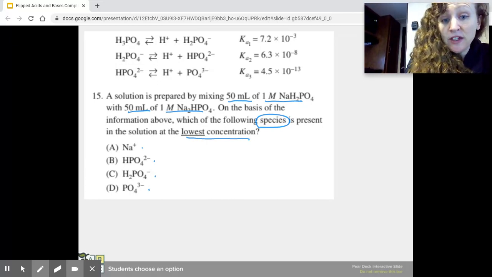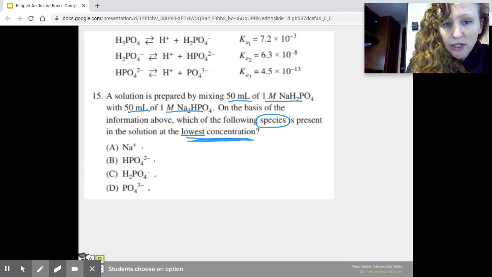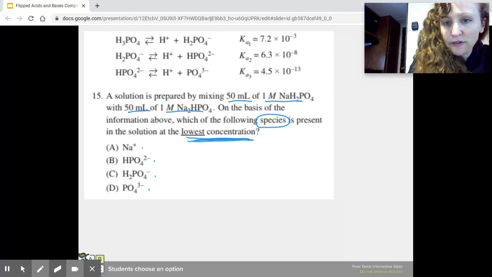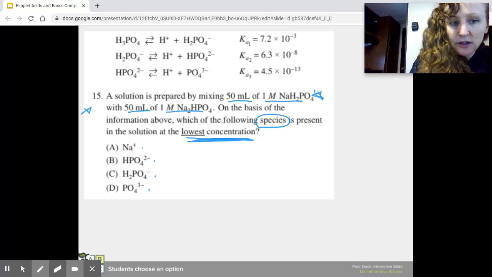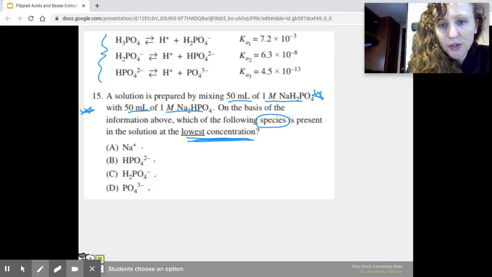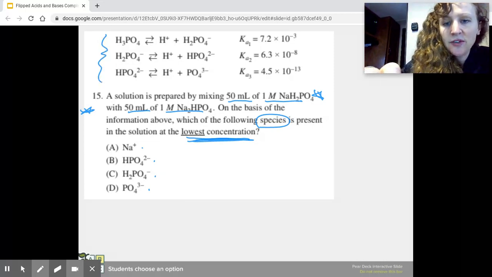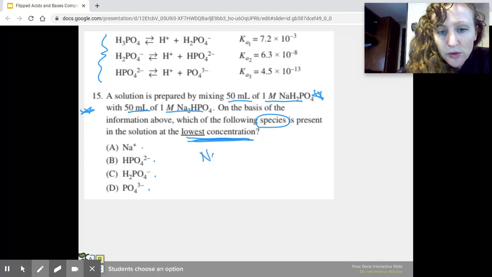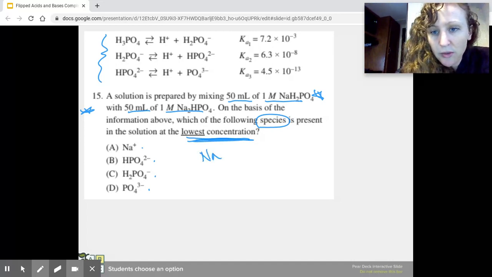Okay, so some of the concentration information they give to us in this initial information up here, they also give us some information here. So as far as sodium goes, sodium's going to come from this first solution here,